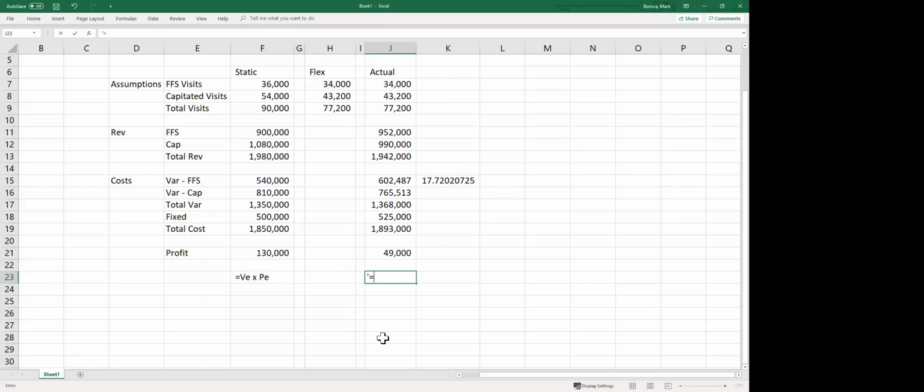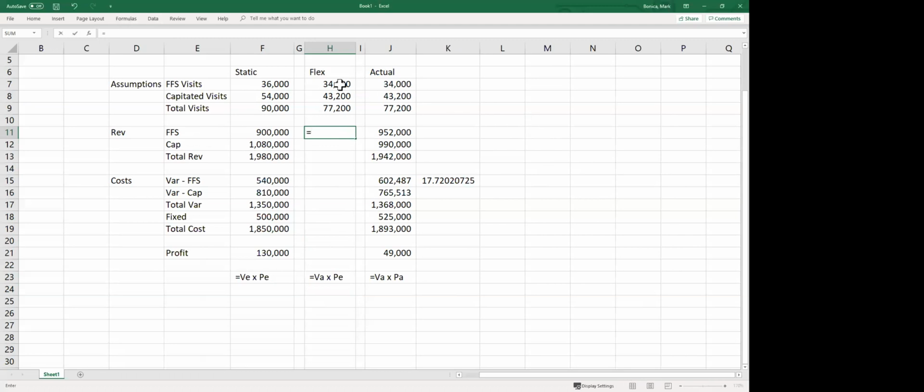This column is volume actual times price actual. And this column is volume actual, which is why we're up here, times price expected. So we're borrowing the prices from the static and the volume from the actual and combining them together to get... forgot to tell Excel that that is not an actual equation, just some letters. Okay, so when we calculate the fee-for-service flex, what we need to know is the actual